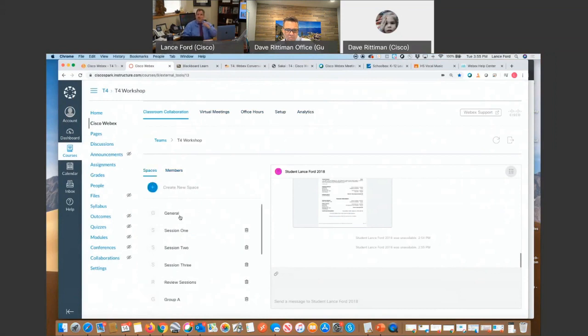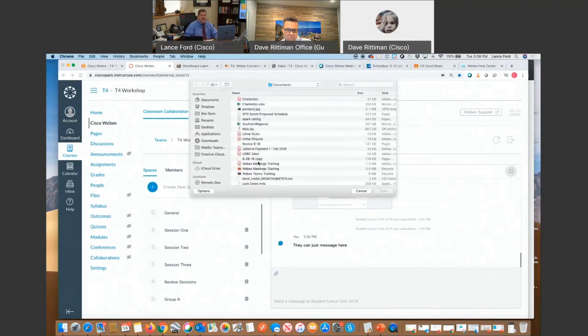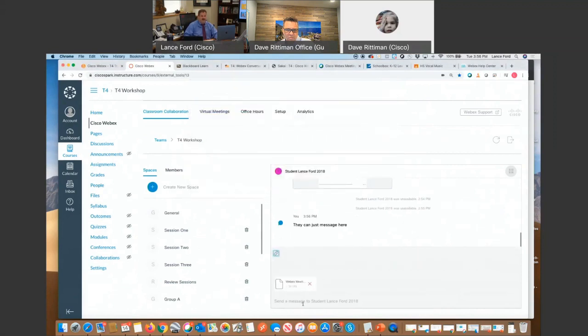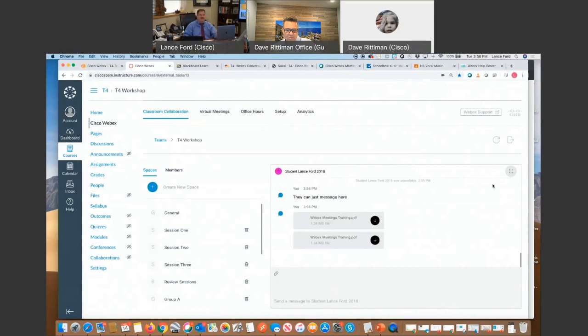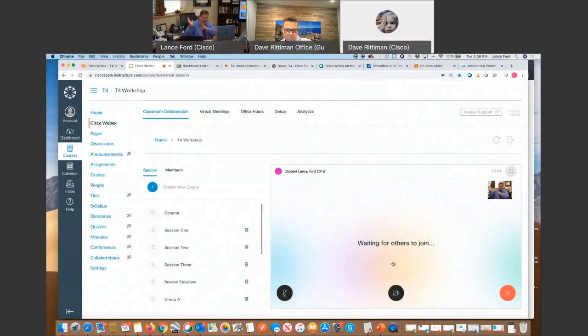So here's all of my learners automatically in here. If I put them in a small group and I want them to be able to speak with each other, they can just message here. They also have the ability to share the documents and research that they're all working on. They can click that particular file and share it to everyone in the group by just hitting return. Now, once that file's there, once those messages are there, if there still needs to be explanation, it's easy enough to have a live experience by clicking the call button. Again, no download necessary. No need for me to exit the LMS. I click the green button and here we go.